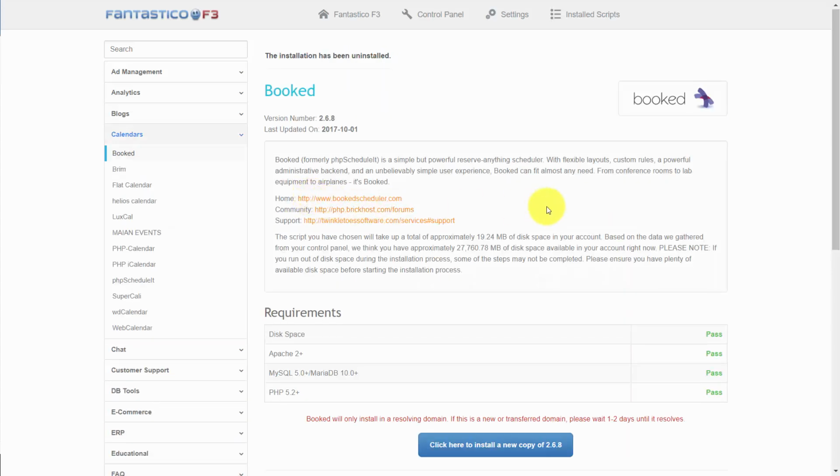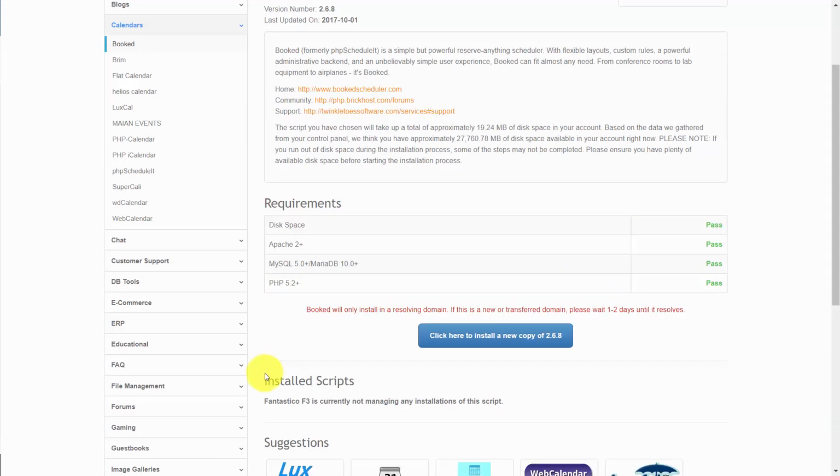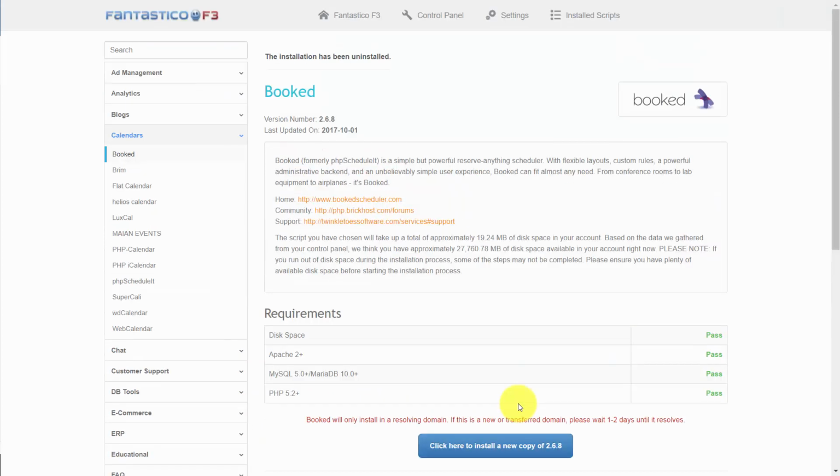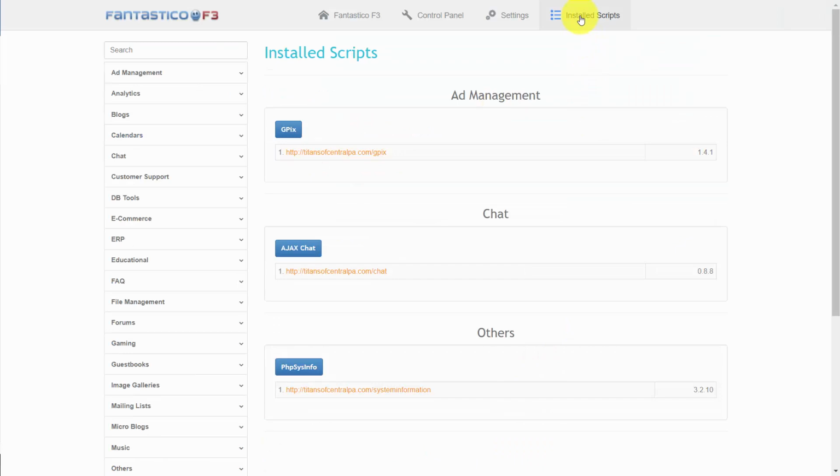And we'll be able to see that by scrolling down to look in the installed scripts. It'll say Fantastico will no longer be managing any installations of this script. And to make sure, if we check our installed scripts, we'll only see 3 and we don't see the one